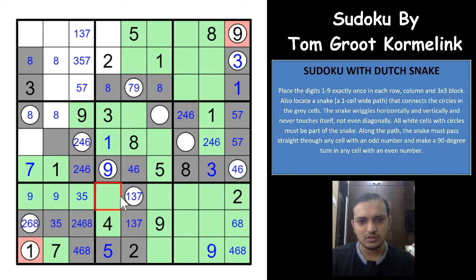So 6 8 7. These are the 6 7 and 8. This would have to be 6 7 and 8. This would have to be 6 and 7. We need to use the pencil marks here, I think, because that is what will help us here. 3 would have to be in one of these two cells, and a turn here, a turn here, a turn in one of these two cells possible.